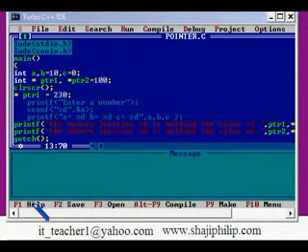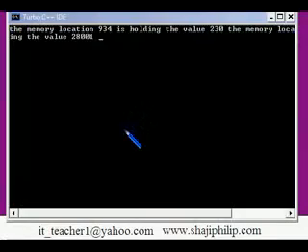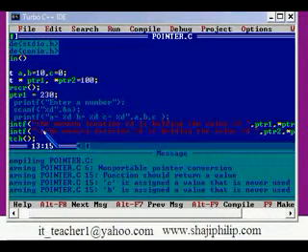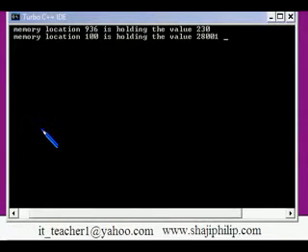Let me run it again. Okay, I forgot to put \n somewhere here. Okay, memory location 936 is holding this value, and the memory location 100 is holding the next one.